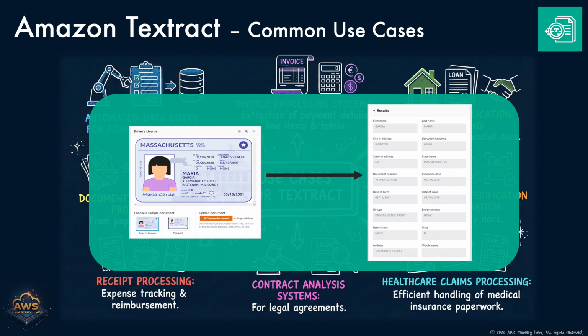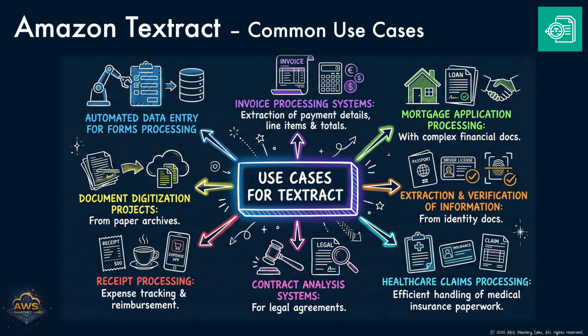And with query-based extraction, users can target specific information by asking questions like, "What's the due date?" or "Who is the recipient?", returning only the relevant answers from unstructured content. Amazon Textract enables organizations to automate the extraction of critical information from documents at scale, empowering smarter workflows and faster